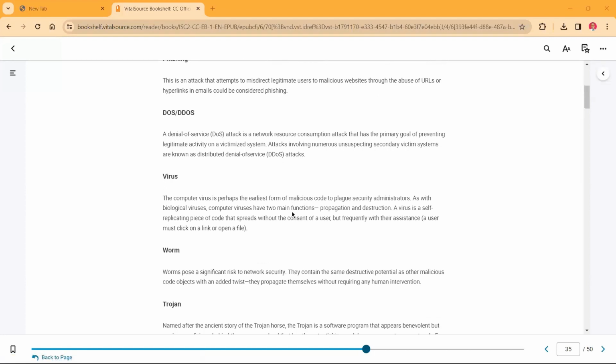So the computer virus is perhaps the earliest form of malicious code to plague security administrators. As with biological viruses, computer viruses have two main functions. The first one is that they propagate and they destroy, right? So a virus is a self-replicating piece of code that spreads without the consent of the user, but frequently with their assistance. So basically, you just see